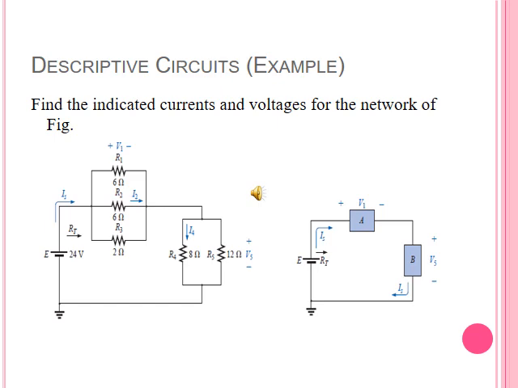Now if we have a look at the circuit, R1, R2 and R3 are in parallel combination. We can easily make a block with the parallel combination of R1, R2 and R3, and we label that as A. We know that we have to find the voltage V1, and in parallel circuits all branches have the same voltage. So by finding the voltage of block A, we can find the voltage V1 as well as across R2 and R3. They all have the same voltage. Similarly, R4 and R5 are in parallel combination. So we find the parallel combination and label it as block B.